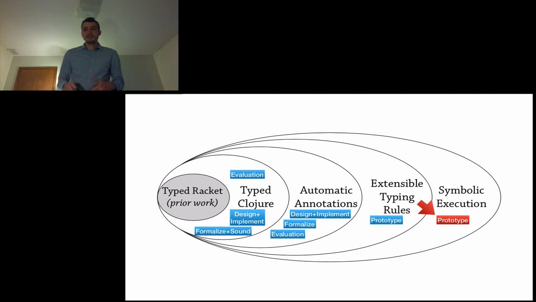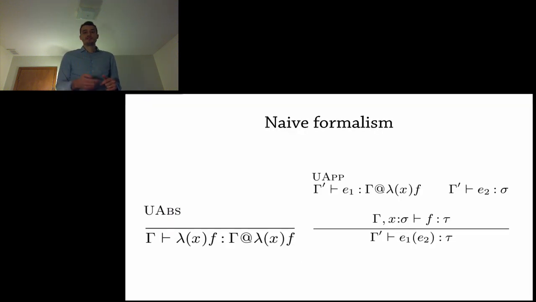Okay, so now let's look at the prototype for symbolic execution. Here's the gist of symbolic closures in 2 typing rules. There's an introduction rule and an elimination rule that look almost identical to runtime closures, except they involve type environments